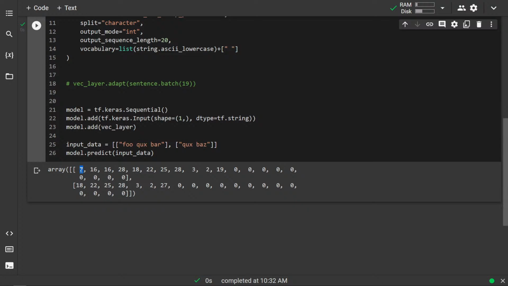And so the embedding layer outputs the embedding vectors,